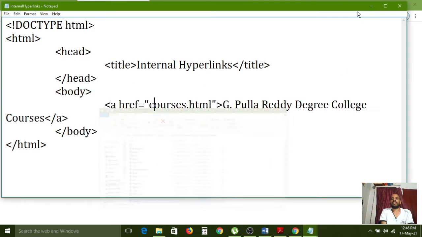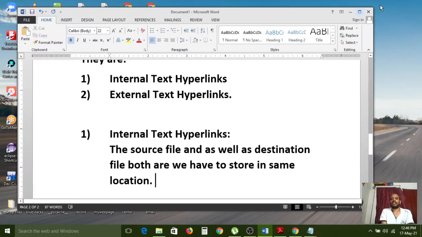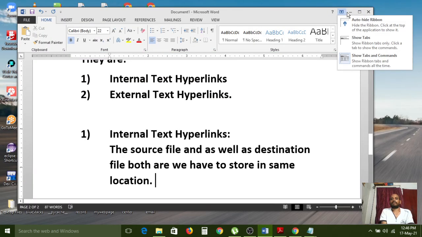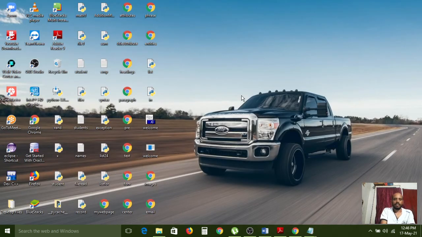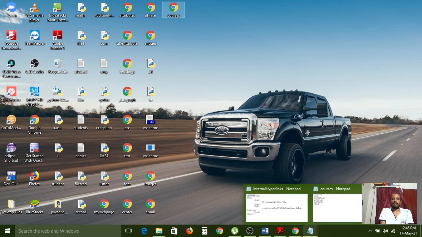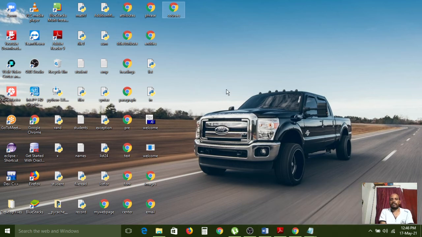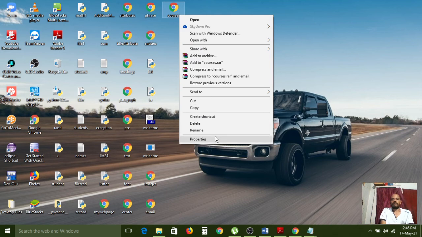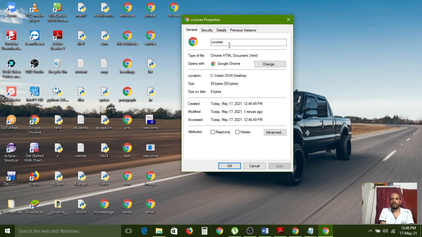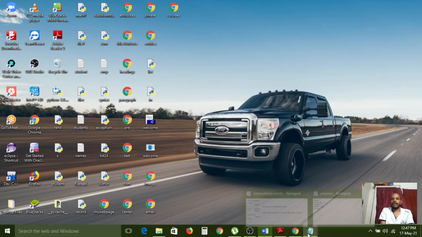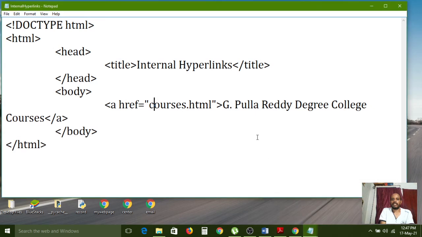For example, the courses file is available on the desktop. Now I am moving this file to the desktop. If you want to execute this location file, then first we need to copy the location. Just copy this entire location, click on OK button and go to that file.